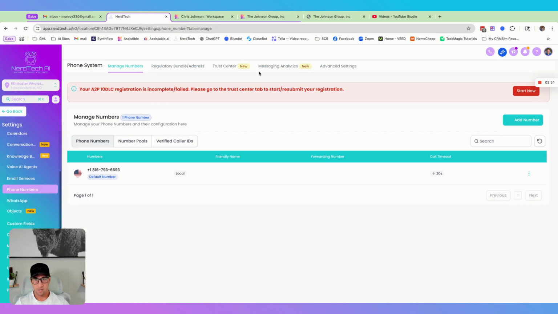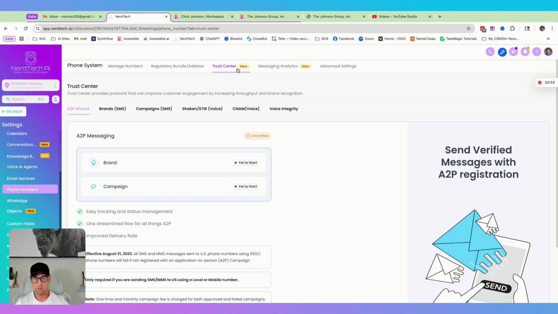To get A2P compliant, you're going to want to click on the Trust Hub or the Trust Center. First, you'll start with the brand. When you click to start on that, it's going to walk you through your business name, your LLC EIN number, your official LLC, the registered address. Some people mess that up. Make sure you input the exact address that's registered with the Secretary of State for your LLC,